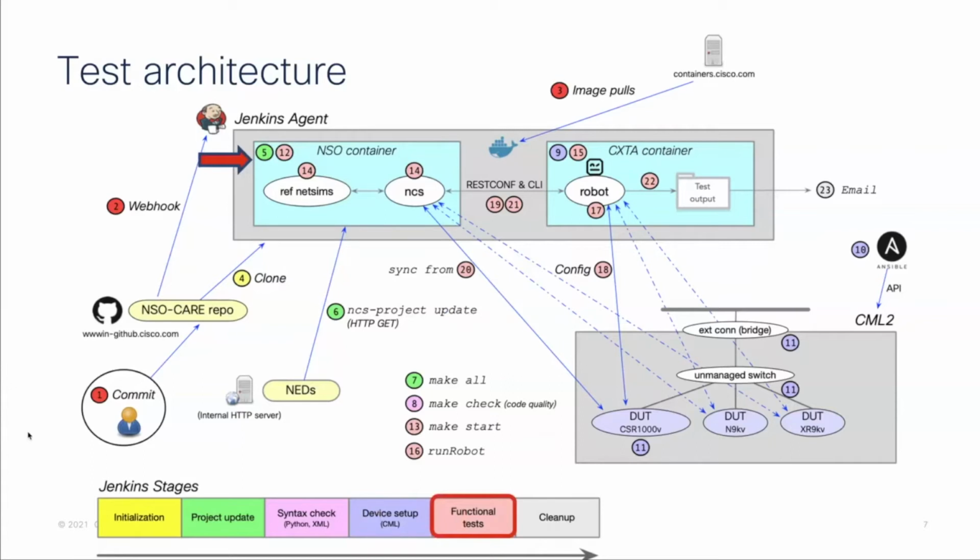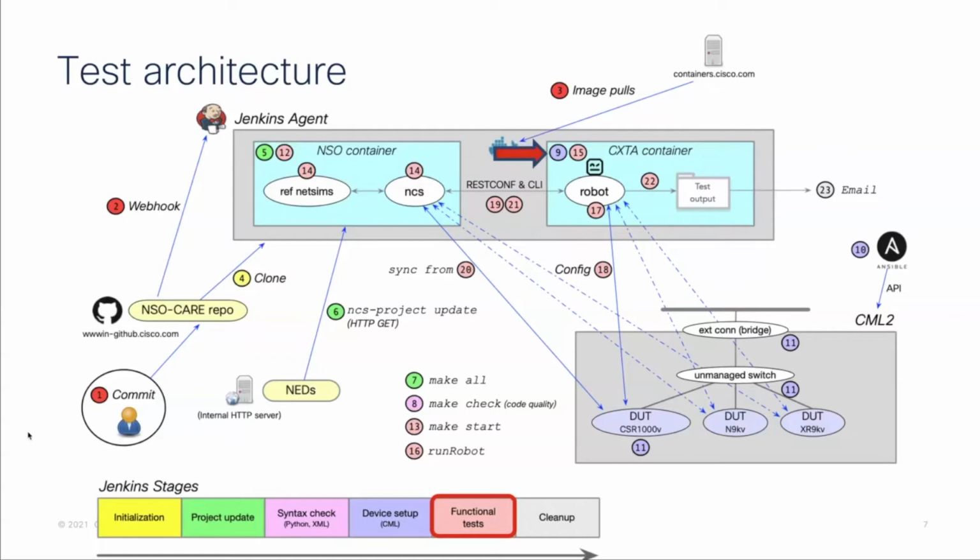So this stage first launches an NSO container instance, and a make start is executed to start the actual reference NetSim instances that CARE uses internally. It launches the main NSO NCS process. That picks up that test info that we generated earlier, so now it knows how to communicate with the devices. It also picks up, of course, the NEDs and the care package itself. And we end up at this point running some show commands to log the package versions and the device info being used, so we can see it in the Jenkins log just for information purposes. And then we launch another